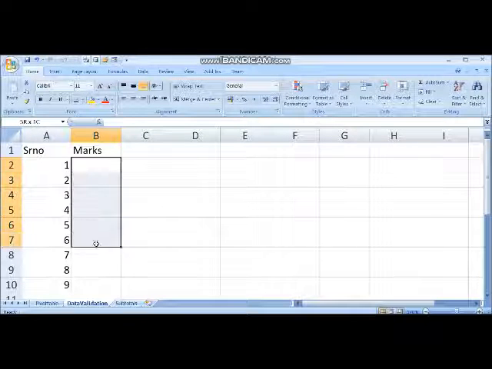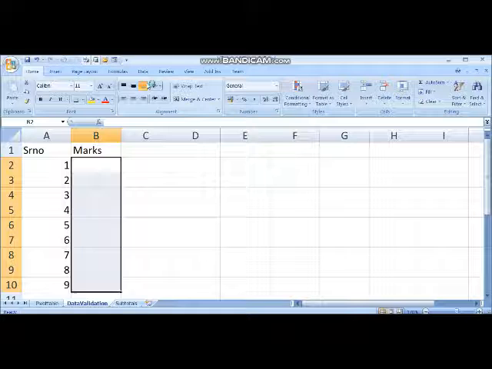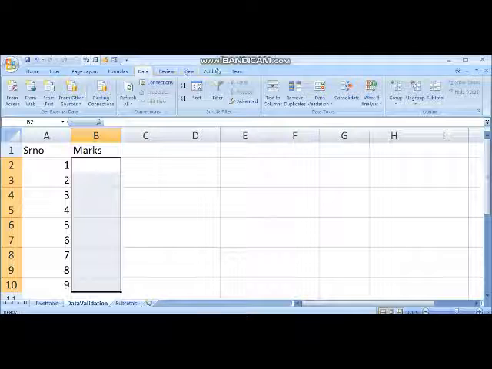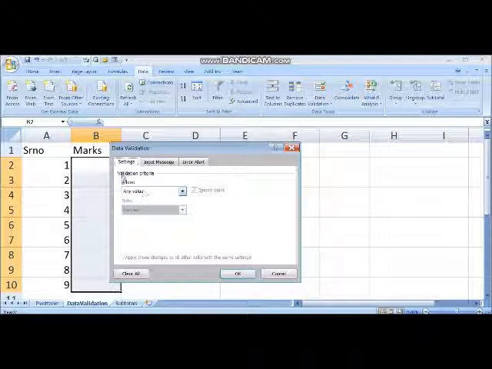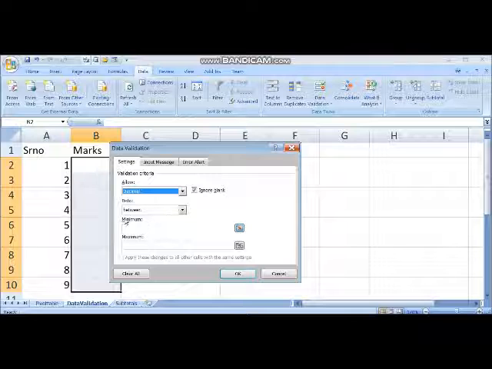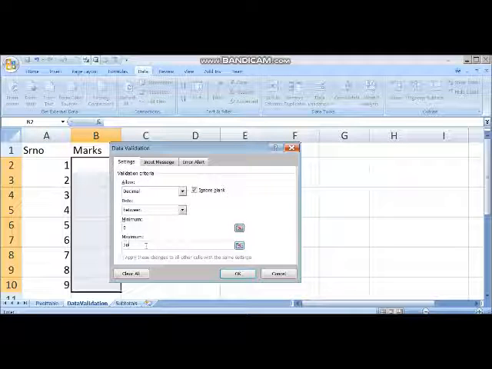First I have to select the cells where I want to apply validation. Then I have to click on the Data tab. Click on the data validation option. Now in settings, it is written any value. Instead of any value, you will take decimal number. Now data between. What is our range? From 0 to maximum 20. So now our range is set, 0 to 20.